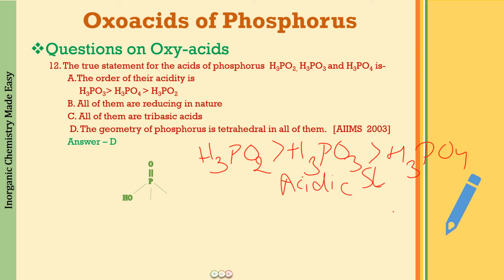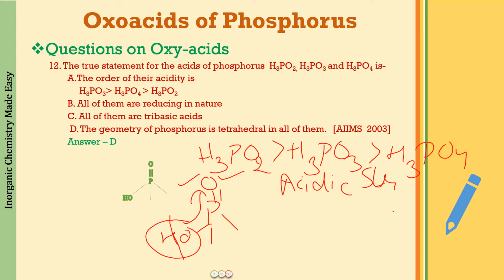Why is it so? This is so because we have a P=O double bond in all of them, and there is at least one OH group also present. Now this P=O double bond is highly electron withdrawing in nature. So the electrons are going to be pulled towards oxygen. This makes the bond between oxygen and hydrogen very easy to break because of the presence of this P=O double bond. Now in case of H3PO2, we have just one OH group.